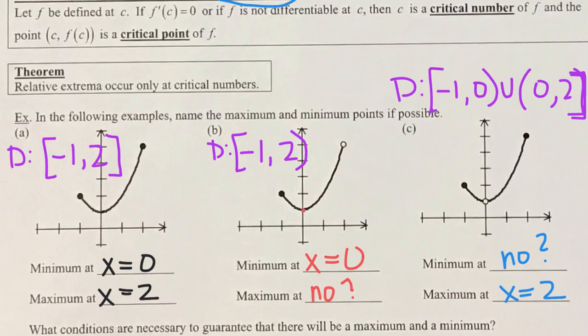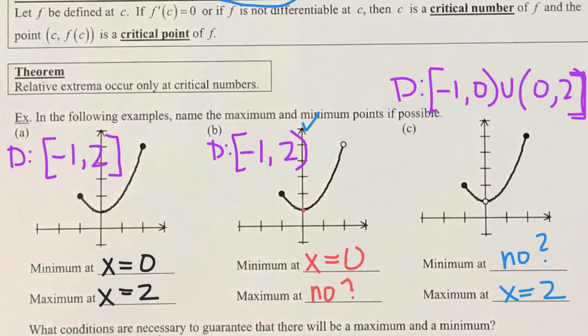Our function has to be continuous on a closed domain, right? So here it's continuous up to 2, but then it's not continuous at 2 because there's an open circle. And then of course at C it's not continuous, it has a hole, a removable discontinuity. So the conditions are that it has to be continuous on a closed interval in order to have a maximum or minimum,